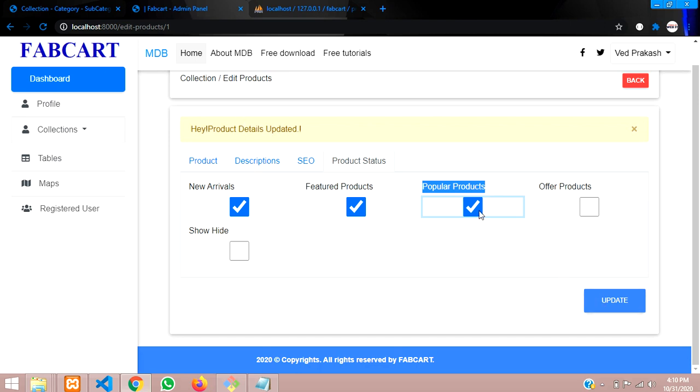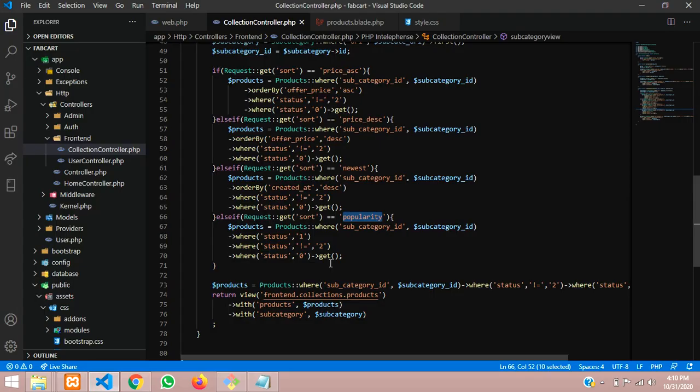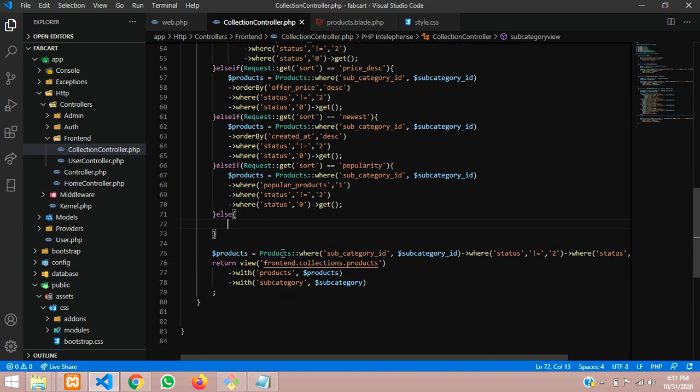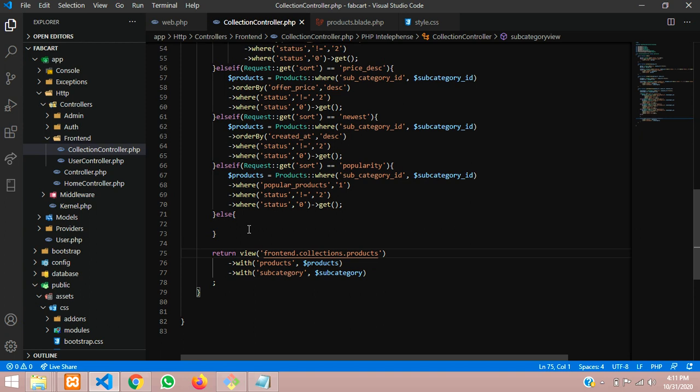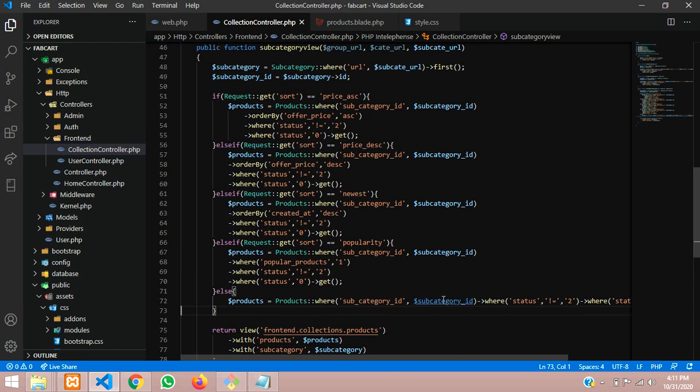So before updating this, let's view the output also and test what happens. Okay, so let's paste over here popular products, save, and the final one, else if, then else, open bracket, close bracket, the column which we are using, Control X and paste over here. That's it. So this was the output for it to view the sorting.